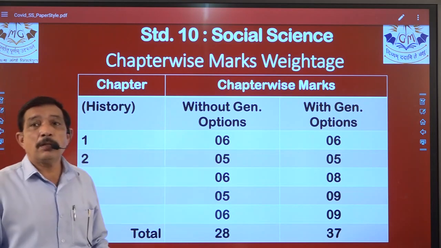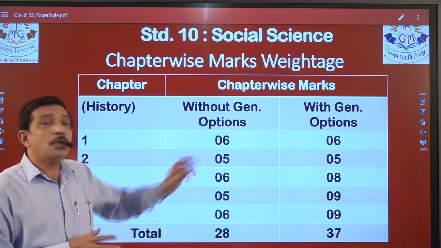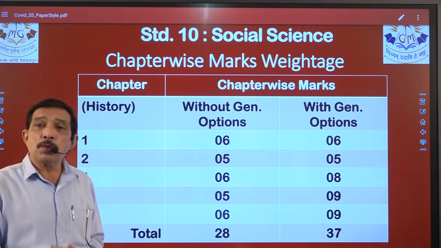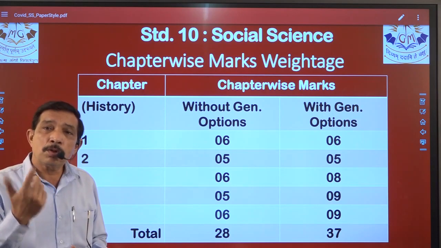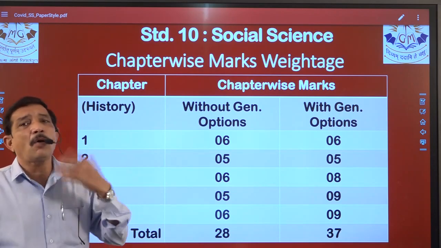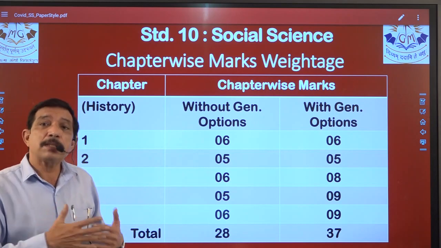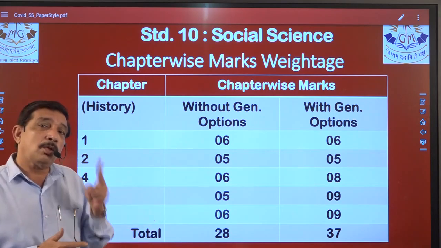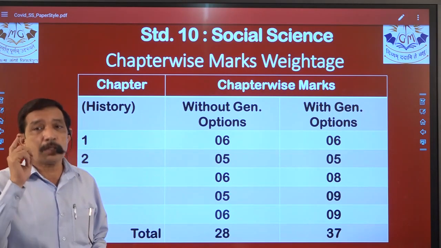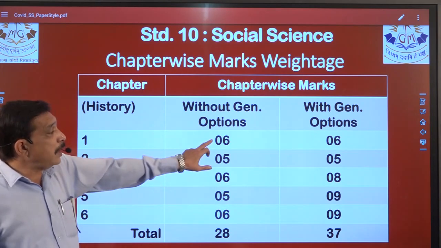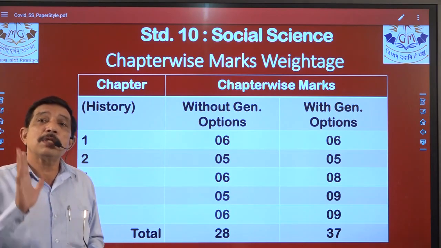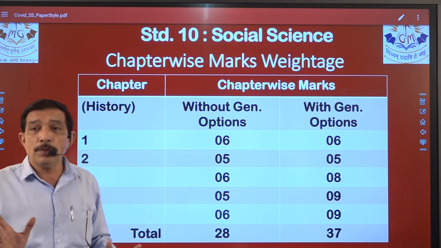Yes, that means we'll see later that suppose 2 questions of 2 marks are there, right? And 2 marks objective will be there. So 2 questions, that means 2 2s are 4, plus 2 objectives will be asked, either in fill in the blank or match the following. Yes, 1 word answer or 1 line answer, anyway in objective, but 2 objectives will be asked from chapter number 1, and 2 questions of 2 marks will be asked. So that means in the entire paper chapter number 1 will have a marks weightage of 6 marks. That is not going to change, right?